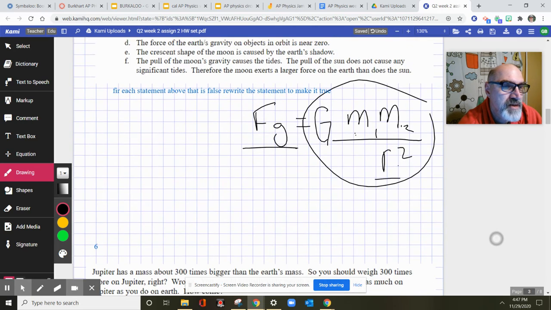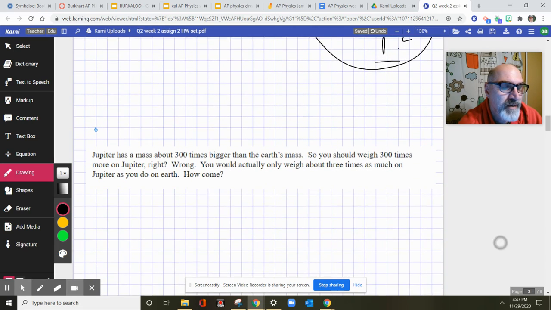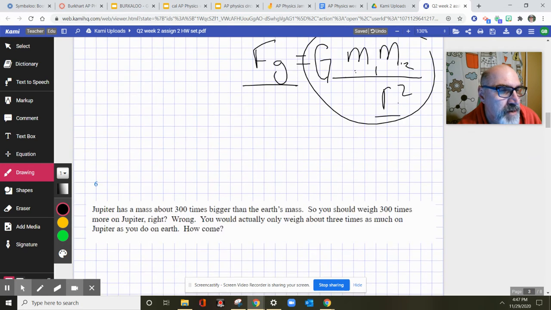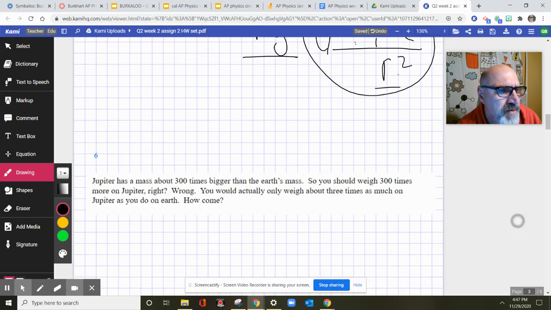So how come the sun doesn't cause significant tides? I don't really know. I would have to Google that personally. I'm sorry. It's not really on topic though. So